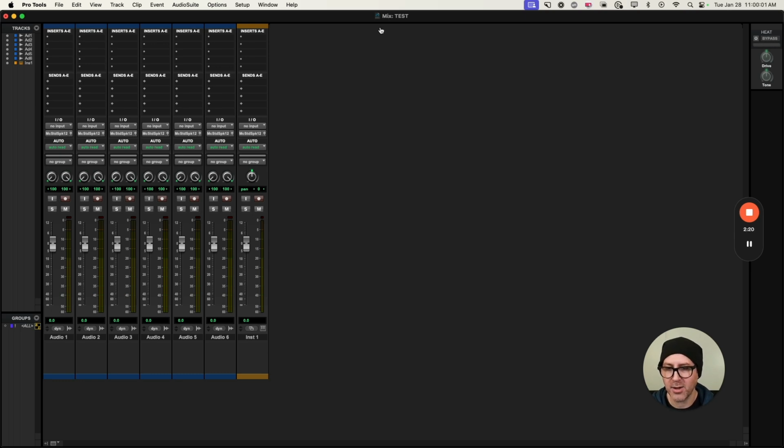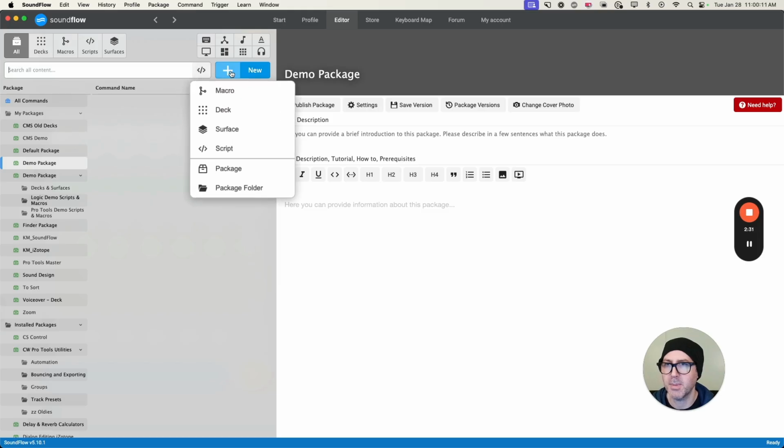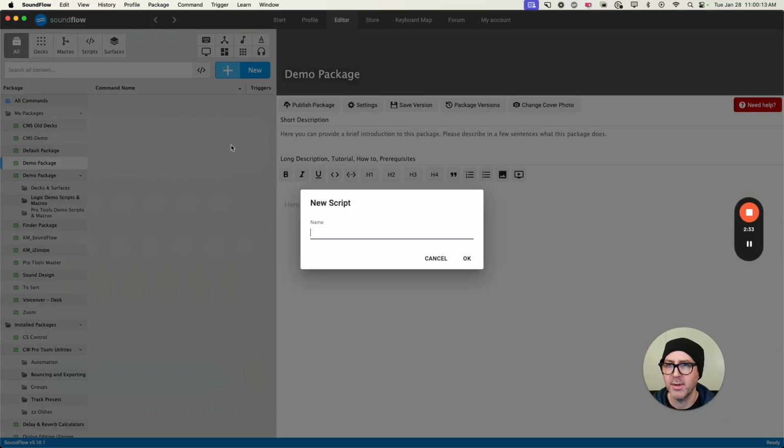So let's go into SoundFlow and get started. So I'm in my demo package here, but you can create a package in here, and then I'm just going to click the plus button here and click script, and let's call this restore Pro Tools window,